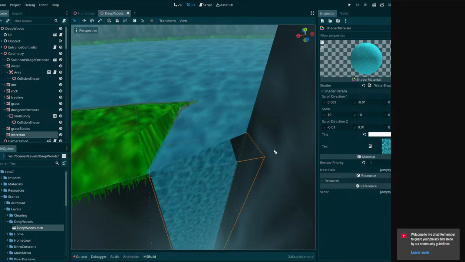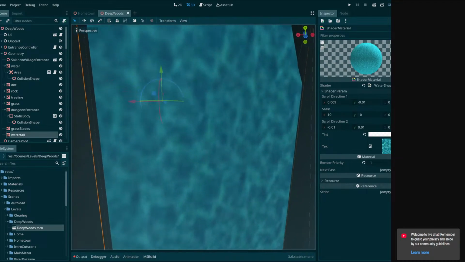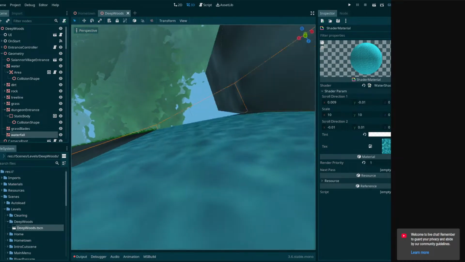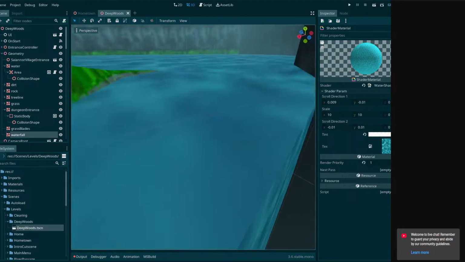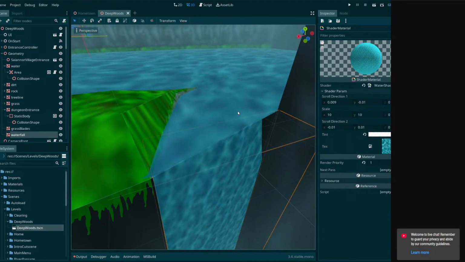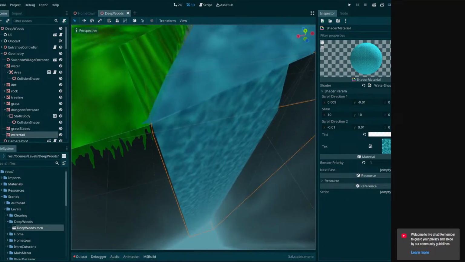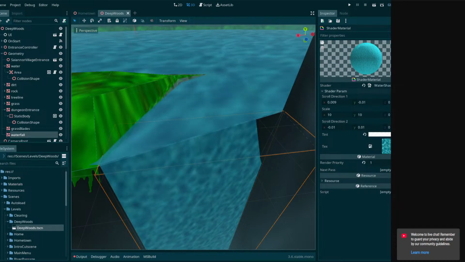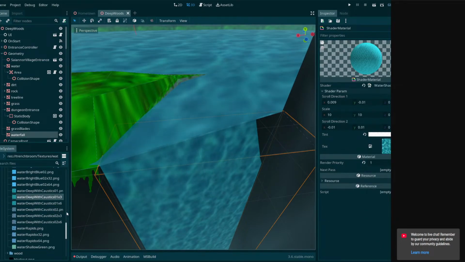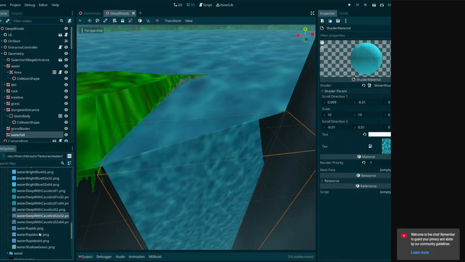All right, so anyways, let's actually get back to work. So this waterfall looks kind of like a stagnant pool of vertical water because I was not finished working on it last time. So anyways, I think let's start off by swapping out the texture for a more correct one. Probably